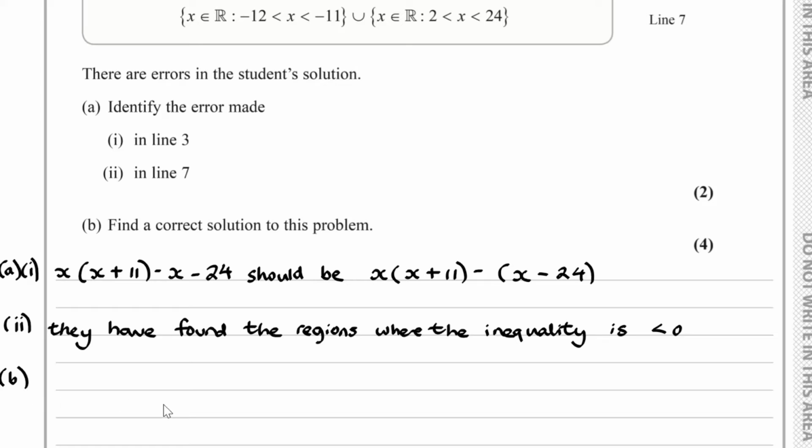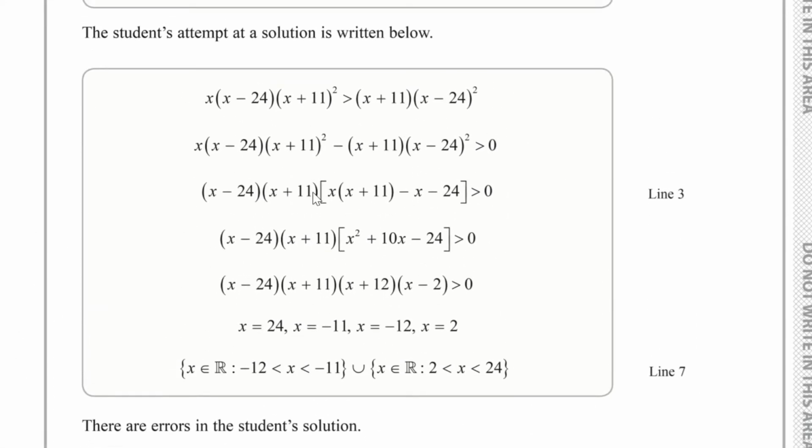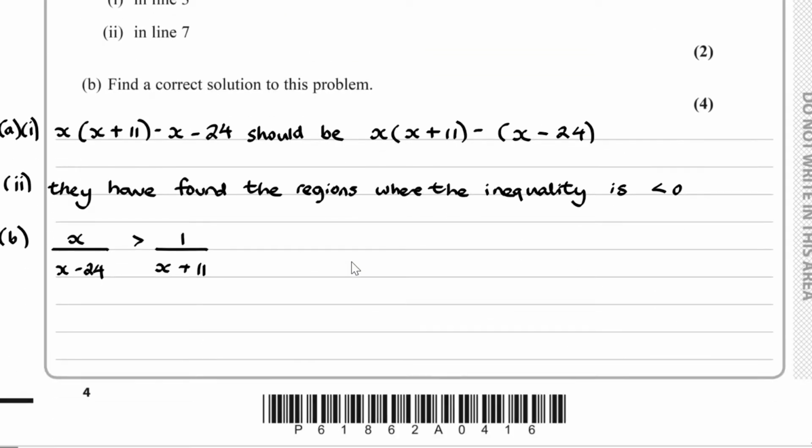So for part B, we wish to solve the inequality x over x minus 24 being greater than 1 over x plus 11. There's various different ways of doing this. You can either correct the mistake in line 3 and then continue, or you can do the way that I will show right now, and that is to take everything over on one side first. So we have x over